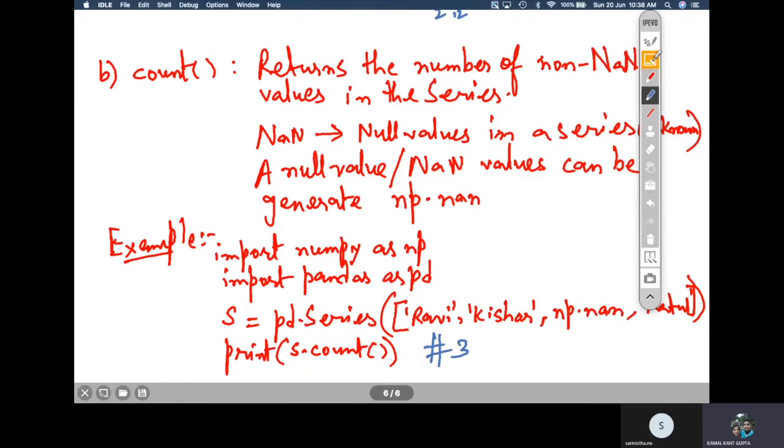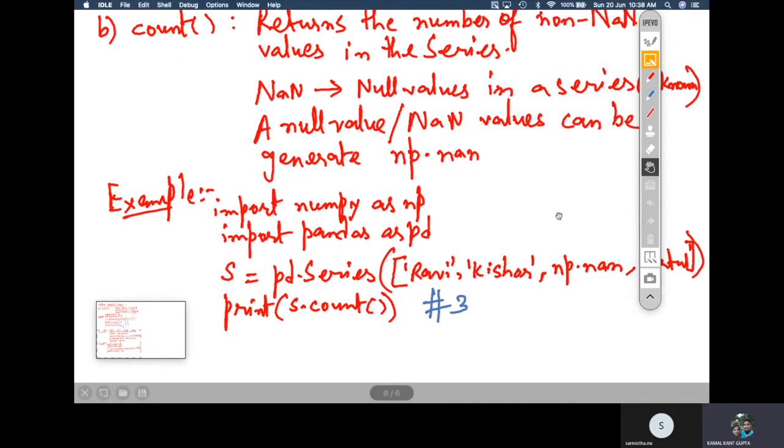Now let us move on to the next important method we have in Pandas Series, and that is tail. The next important method is the tail method. Now what is the purpose of this method? It is a complementary method to that of head. Whatever head does, it does just the opposite. That means it returns the elements from the tail end of the series.